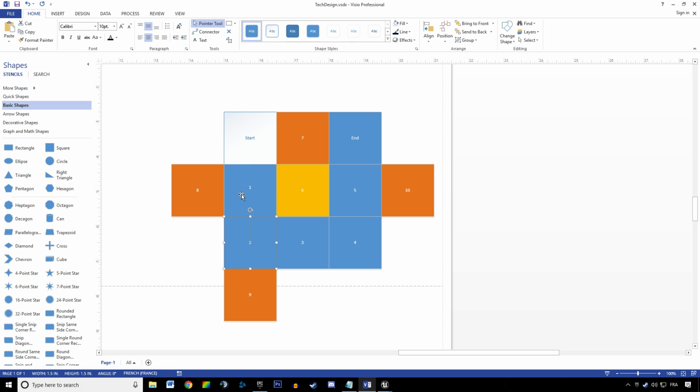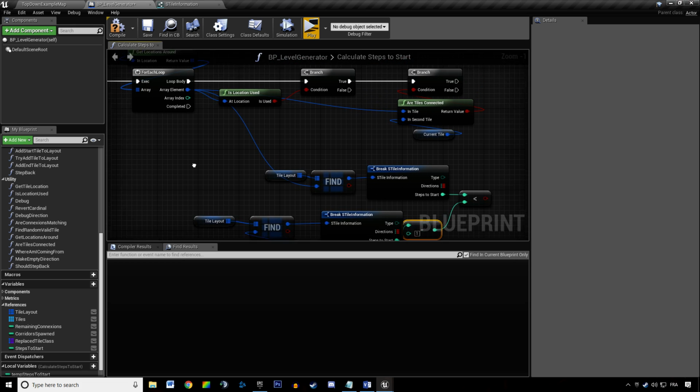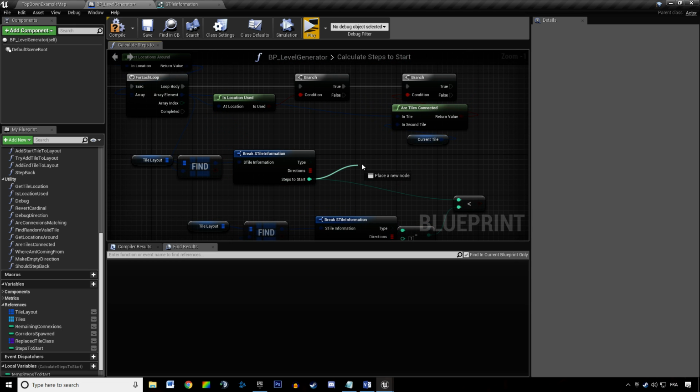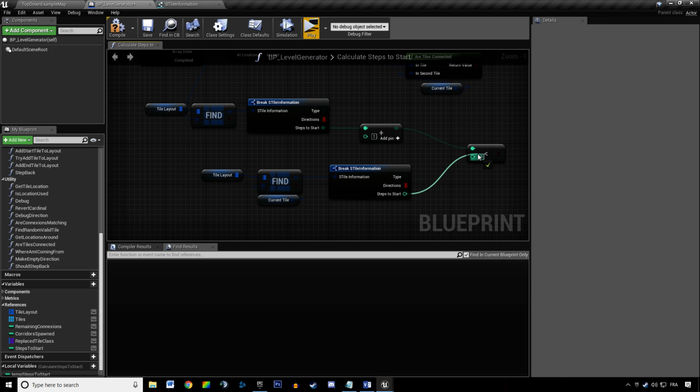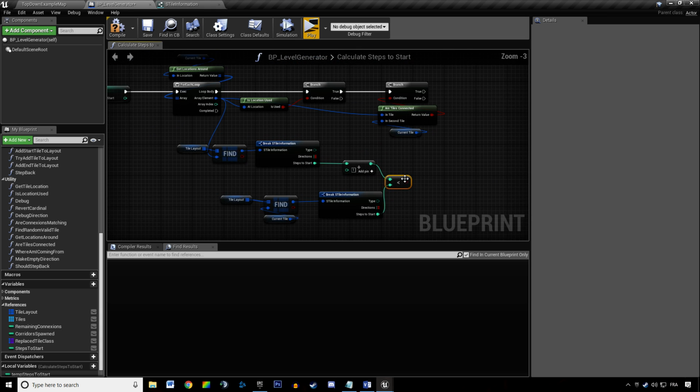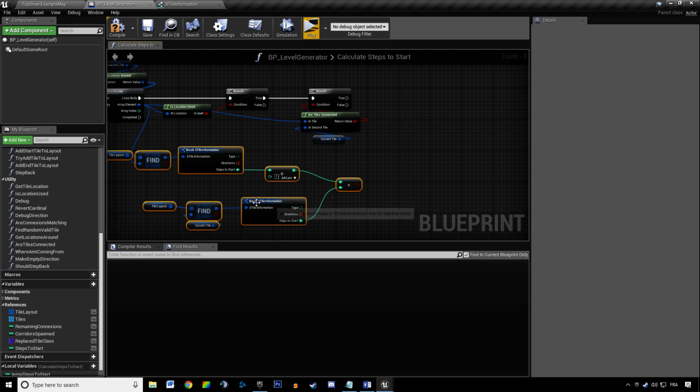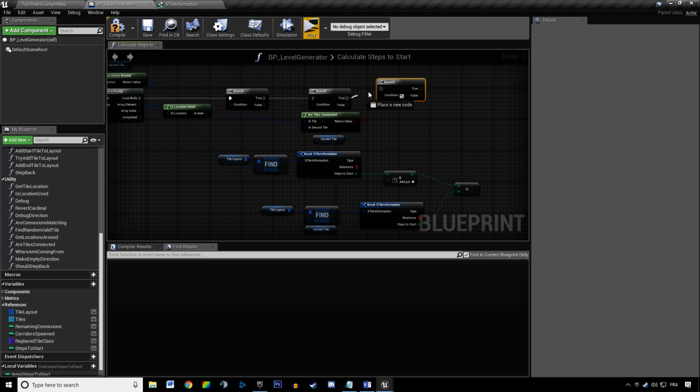So we need to ask, is this +1 fewer than this? So if any of the tile around us is actually closer than us,